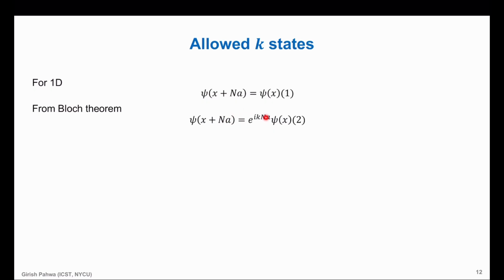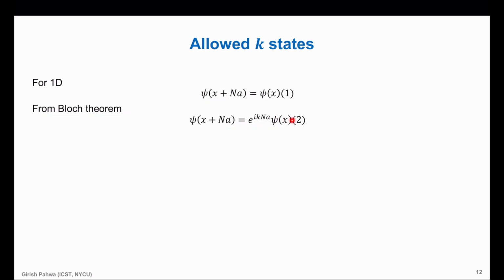Only the integral multiples of a are allowed: a, 2a, 3a, 4a. It's not that you put 1.5a and that will still work. No. It can be proved, by the way. If psi of x plus a is equal to e to the power iota ka into psi x, then psi of x plus 2a, you can prove, will be e to the power iota 2ka into psi x. You will have to keep applying this Bloch theorem again and again, so you